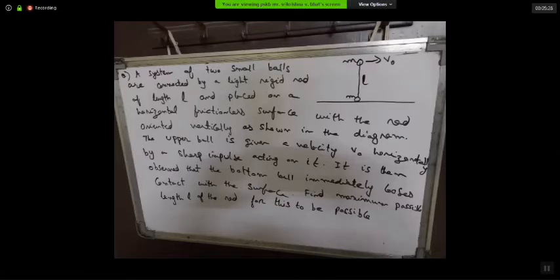Sir, actually, it'll undergo circular motion at that instant about the smaller mass, because the smaller mass has zero velocity at that point. So about the smaller mass, I took the angular impulse. So m v naught into L should be equal to m L square into omega. And from there I found omega, so I can find the centripetal acceleration of that mass. That I equate to tension plus mg. And tension should be equal to mg because this mass has to go up.